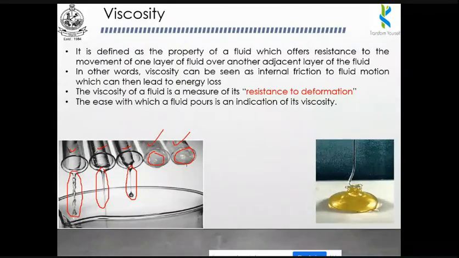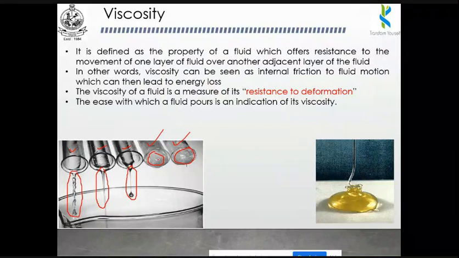This particular flow will depend upon the temperature also. For example, if you take palm oil, we use it in our household for cooking purposes. Please look at the palm oil during summer and winter conditions. In summer conditions, it will be in the form of liquid, but in the winter condition, it will be in the form of semi-solid.